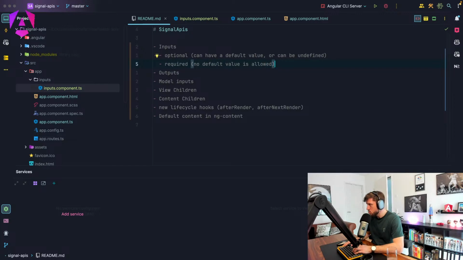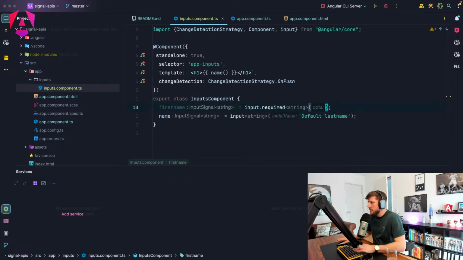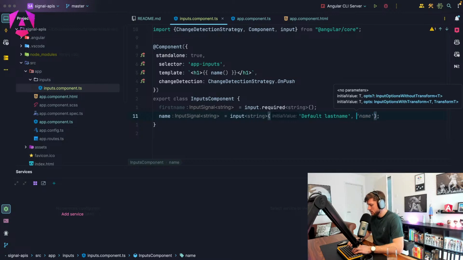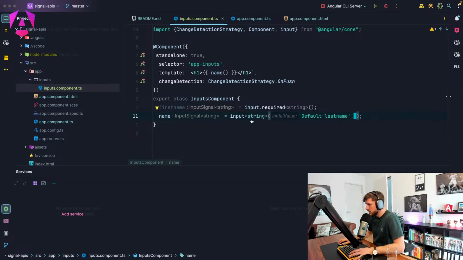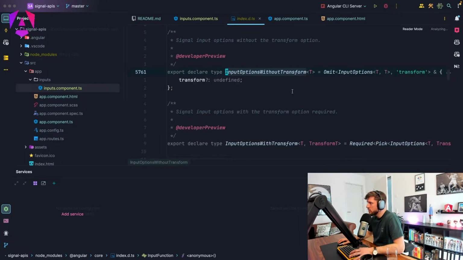And what else? Basically it must be provided by the parent component, otherwise it doesn't compile. So then what do we have here? We have options that we can pass. There we can see we have the initial value, but we also have options. So let's navigate here to the input and see what the input